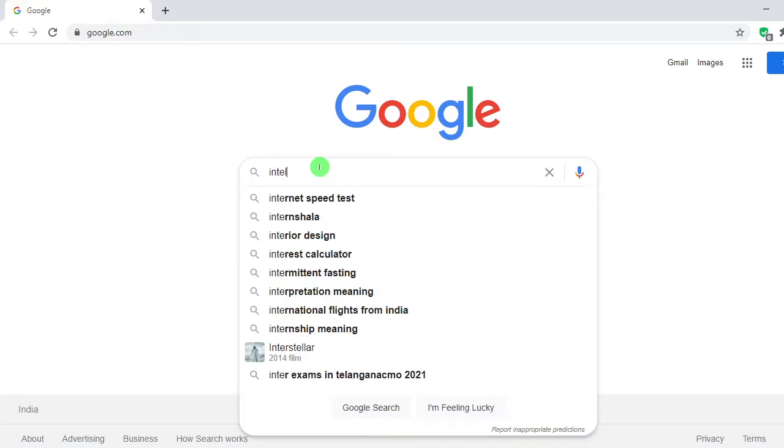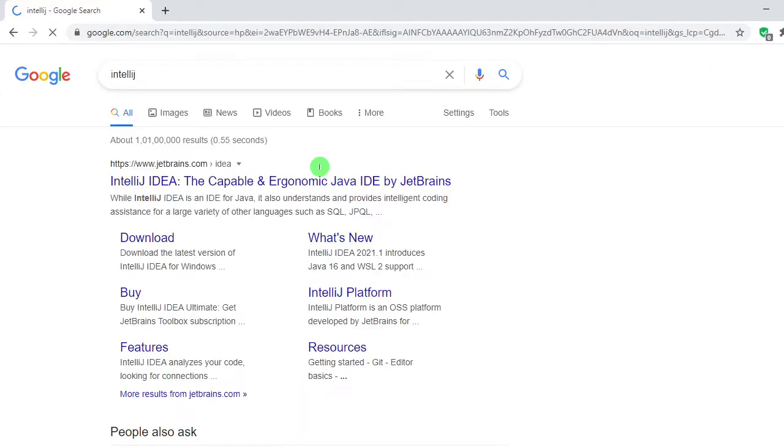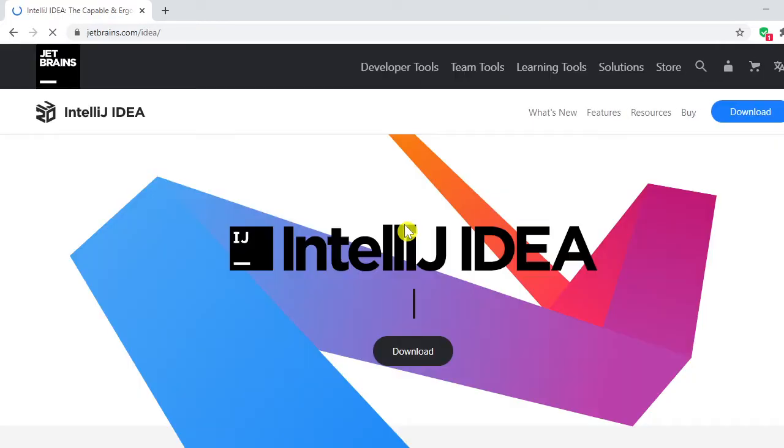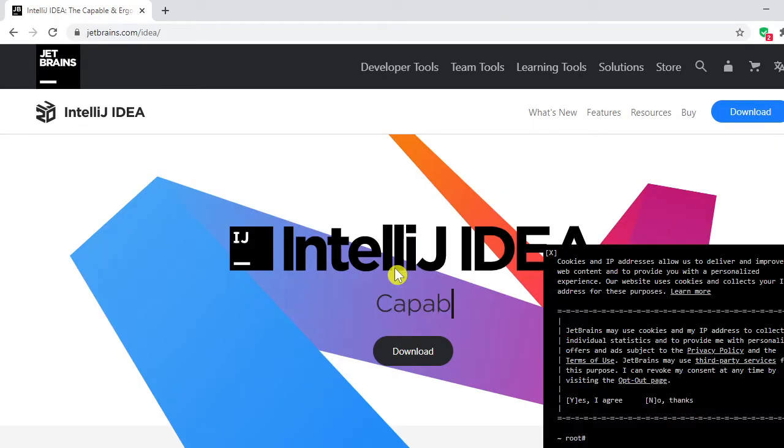First, you need to download the IntelliJ IDE. Go to the official website here. This is the home page.